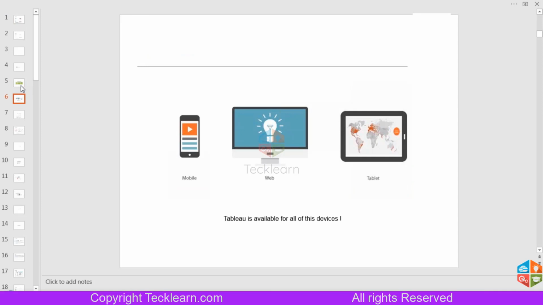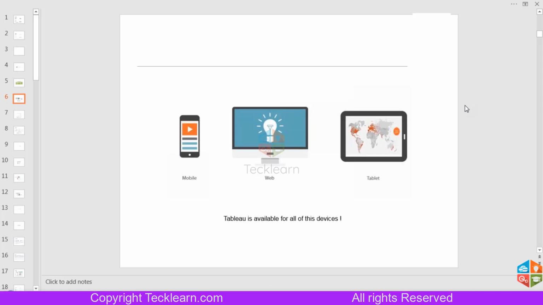Okay, so the next point on why Tableau is leading the BI market, and why all these big companies are accepting Tableau as their main BI product, is that Tableau has developed a product specific to each and every device. So we have the Tableau mobile application and Tableau Reader application for tablet and mobile, and each and every device that we have in the market where a user and a client is going to view their data or dashboard.